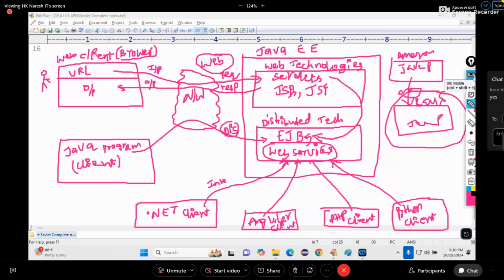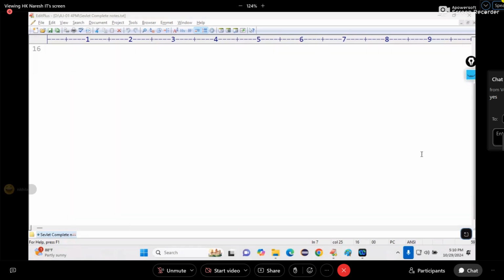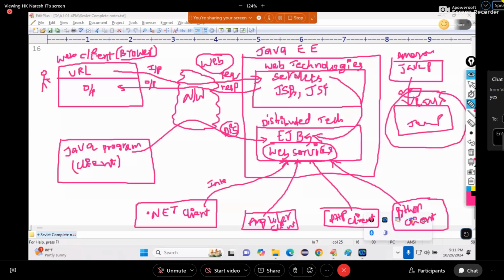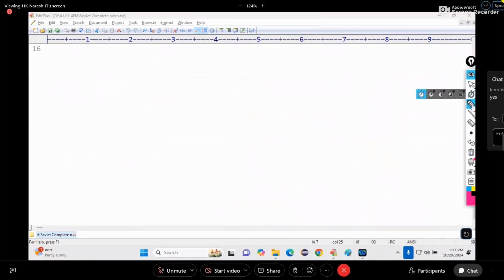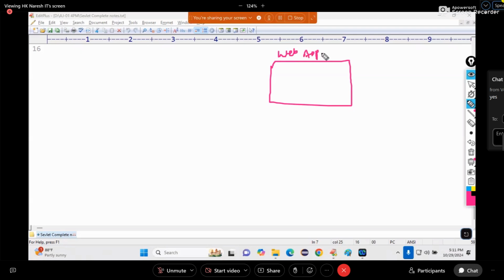Now what is written in the first point? An application that can be accessed from a network, from a web client using a URL, is called a web application. For example, Amazon. Write down a small diagram. This is a web application. For example, Amazon.